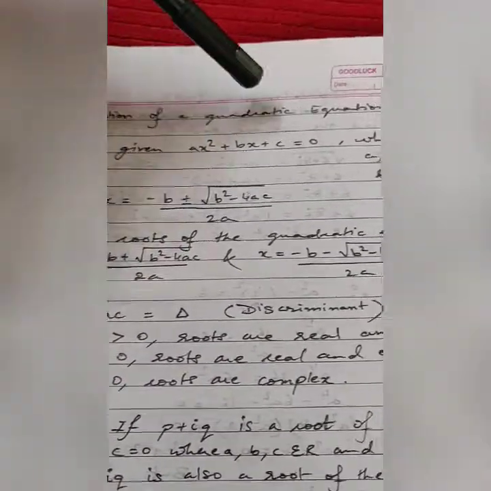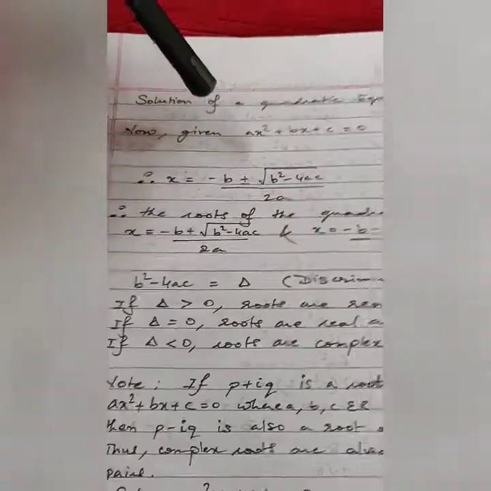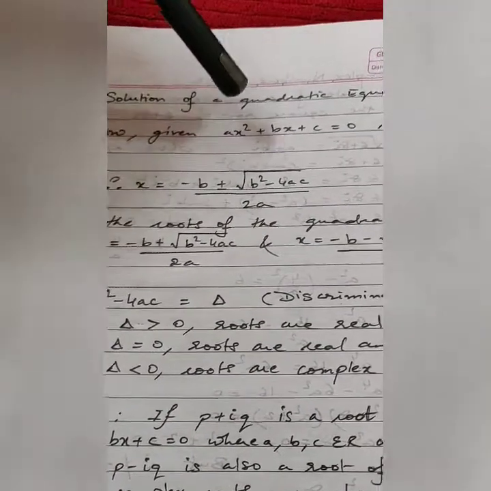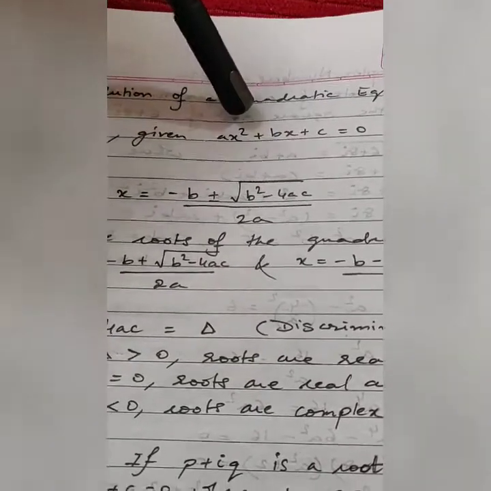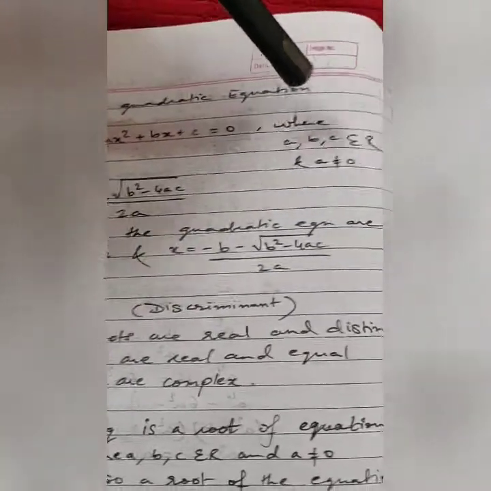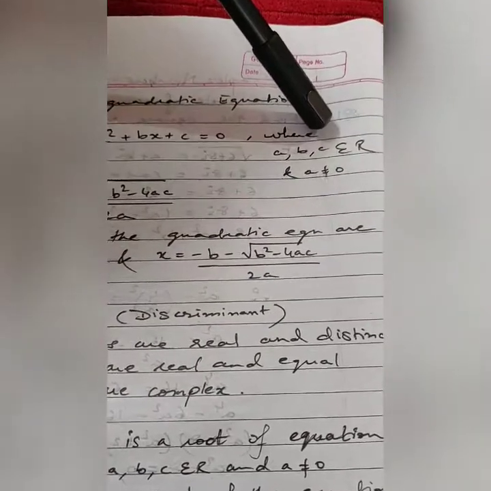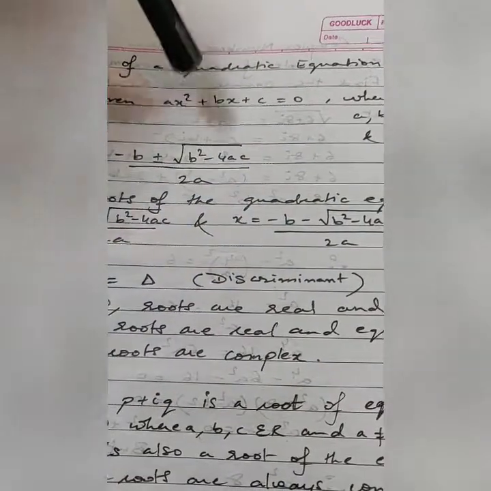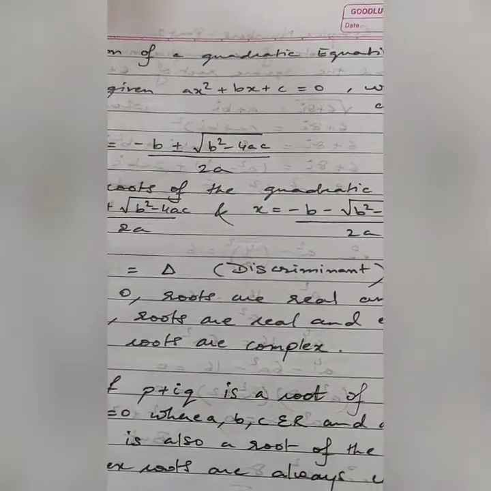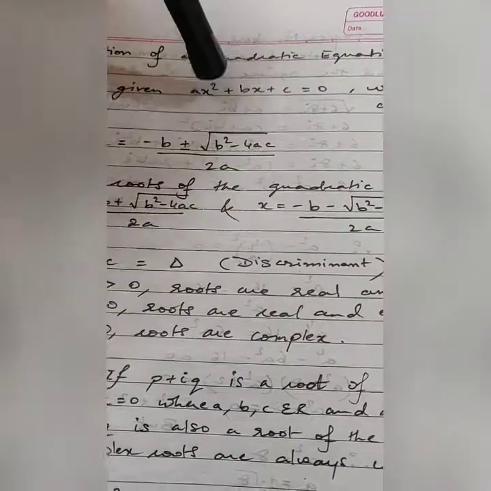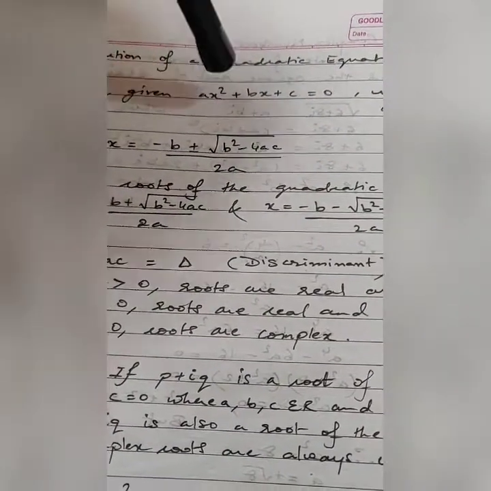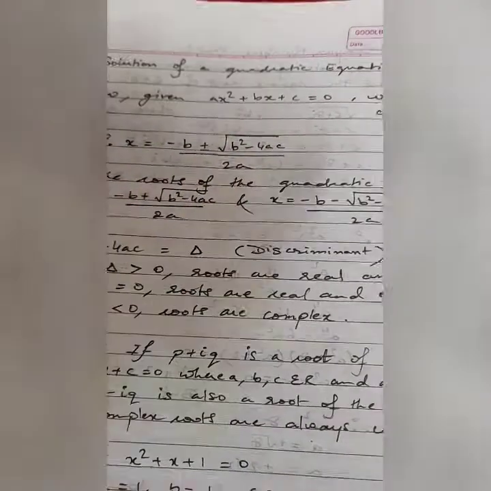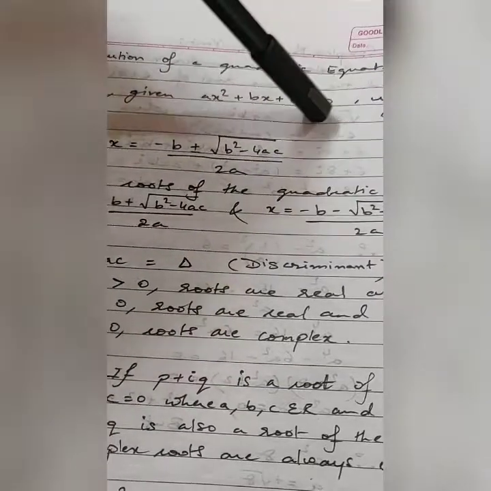Now let's move on to the solution of a quadratic equation. Now this is something we have done in school, isn't it? You know a quadratic equation is of the form ax square plus bx plus c equal to 0, where a, b and c are all real, and where a cannot be 0, because if a becomes 0, then it ceases to be a quadratic equation. It will become a linear equation. So a is important, it needs to be there, otherwise the x square term vanishes off. So a cannot be 0. Now how do we solve the quadratic equations?